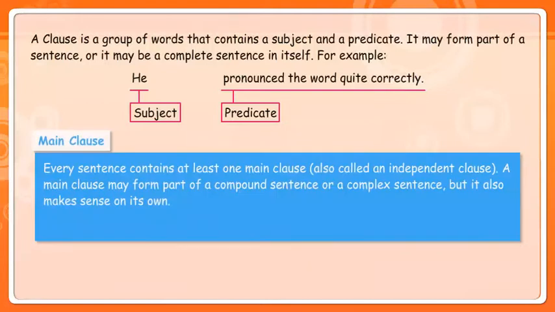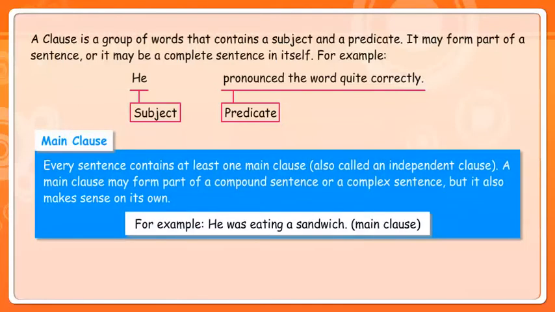Main clause. Every sentence contains at least one main clause, also called an independent clause. A main clause may form part of a compound sentence or a complex sentence, but it also makes sense on its own. For example, "He was eating a sandwich." (main clause)